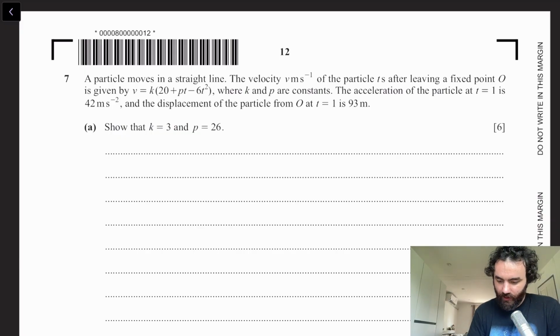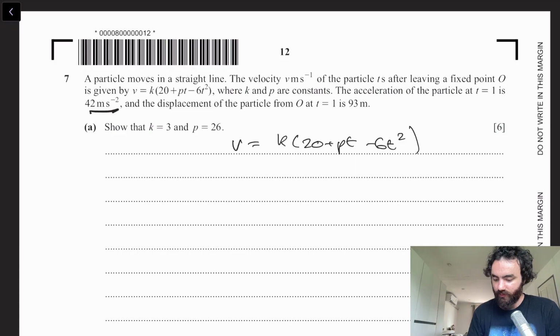Okay, so what do we have? We have v equals k of 20 plus pt minus 6t squared. They say the acceleration of the particle at t equals 1 is this, and the displacement of the particle at t equals 1 is this. So if we find equations for displacement and acceleration, we can find 2 equations relating p and k, right? Yes, we can. Okay, so